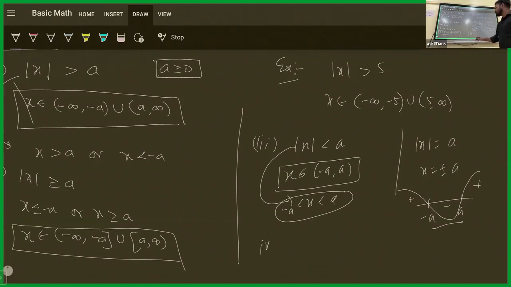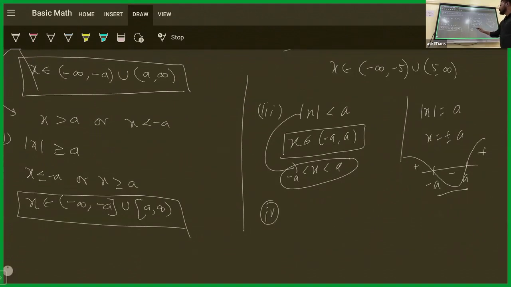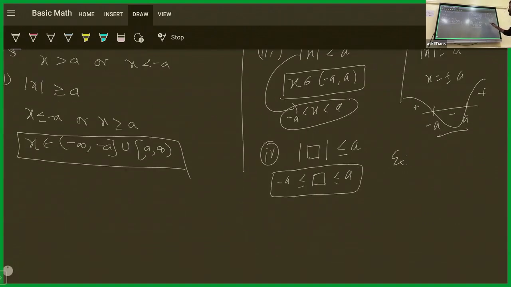फोर्थ वन, मॉडुलस ऑफ डब्बा इज लेस देन और इक्वल टू a, तो डब्बा बिलोंग्स टू, कंडीशन किस पे लगेगा अभी? डब्बा पे. डब्बा बिलोंग्स टू लेट्स से माइनस ए, इट शुड बी ग्रेटर देन और इक्वल टू माइनस ए एंड इट शुड बी लेस देन और इक्वल टू ए, ये कंडीशन लगेगा. लाइक फॉर एग्जांपल लेट्स सपोज इफ आई गिव यू एनी क्वेश्चन लाइक लेट्स से मॉडुलस ऑफ x प्लस 1 इज लेस देन और इक्वल टू 2,